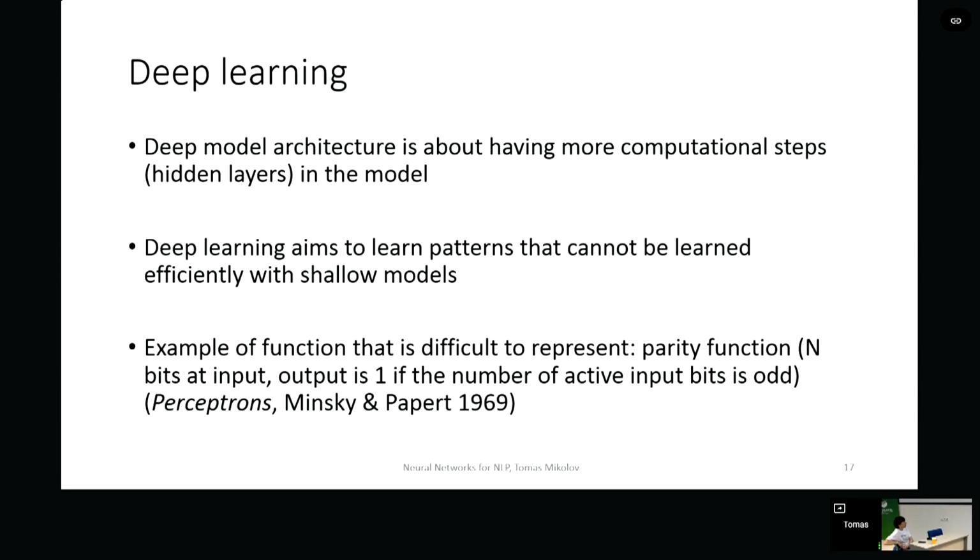I think it's like in every computer, when you want to, for example, multiply numbers, there's low-level hardware that actually uses several computational steps. So exactly the same logic is in the neural network community, and deep learning aims to build models that use several computational steps to more efficiently represent the functions that we are trying to learn. And if you can represent them more efficiently, that means that you need fewer parameters to learn, which also means that you will need fewer training examples to start generalizing well. So that's the whole motivation.